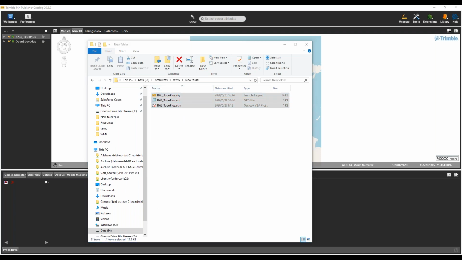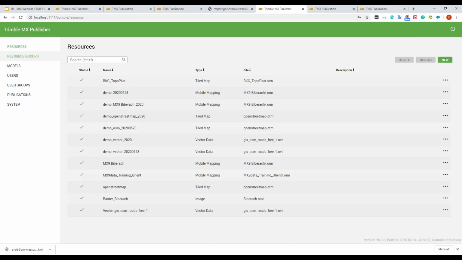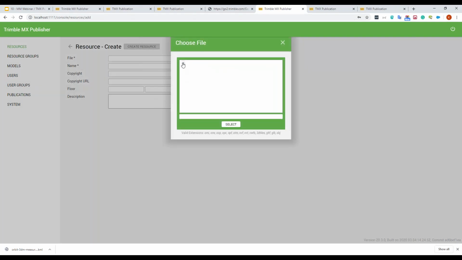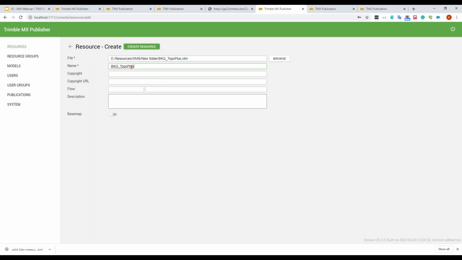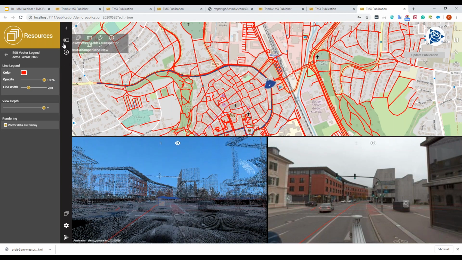So how to use this? We can go to our resources and add a new one. Resources, folder. So, create it. And now when we go back to the edit mode of our publication, we are able to add